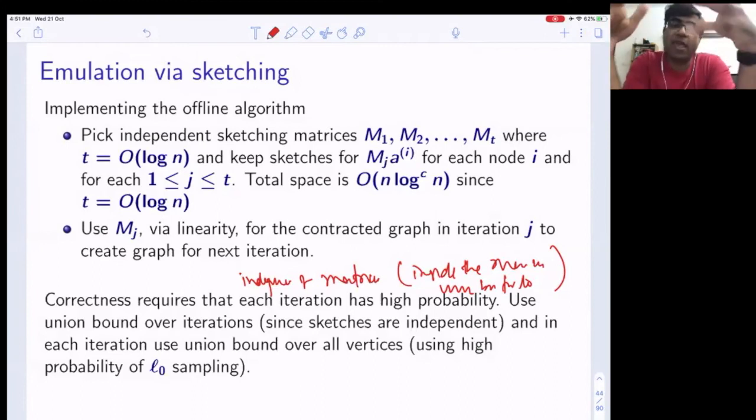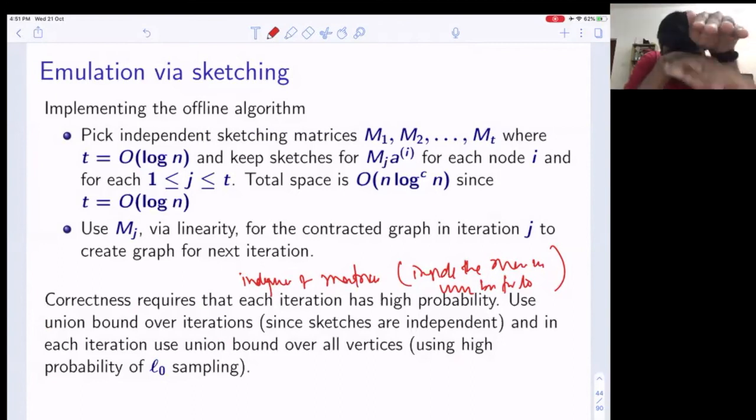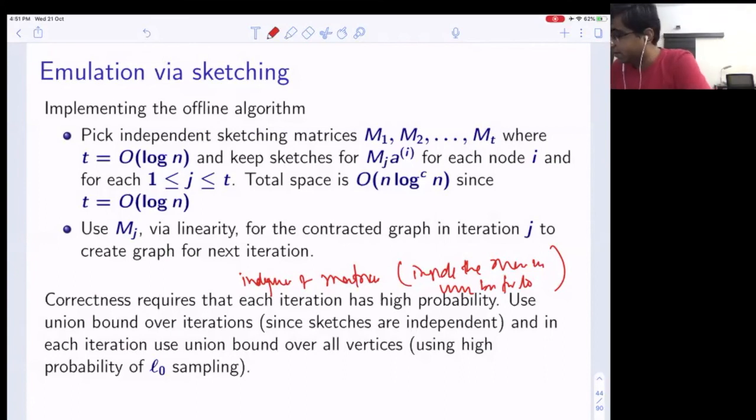The number of queries a vertex could be asked could be some log n times. In fact, every vertex will be asked log n queries, one in each round, because we need to sum them up. That is why the total number of queries is roughly n log n. So you keep n log n data structures, and each data structure takes polylog n space. So the total space of this whole algorithm is n polylog n. This is how we can do the whole connectivity sketch using L0 sampling and everything.